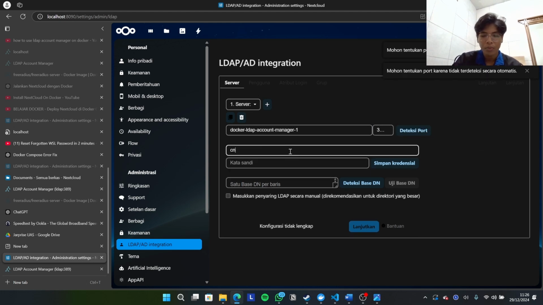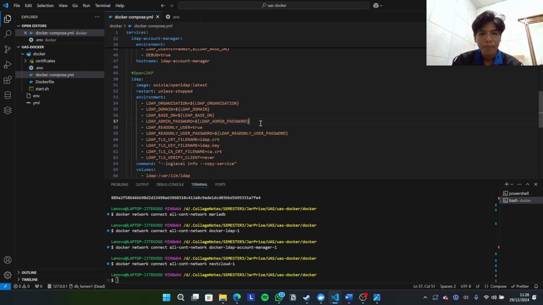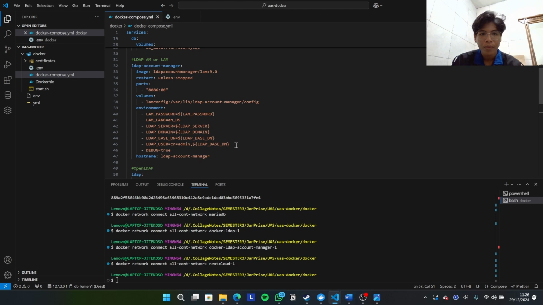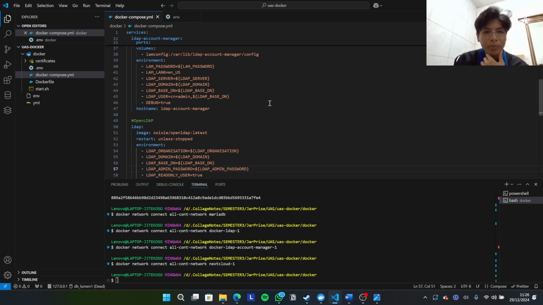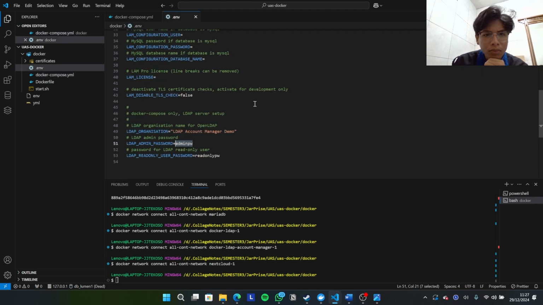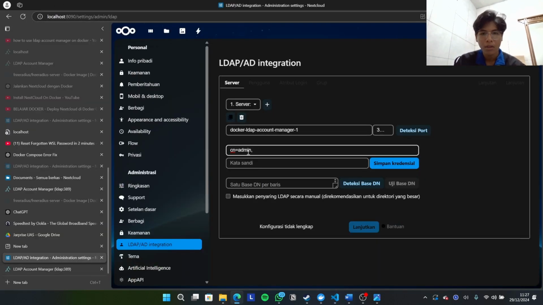Okay, then admin. Okay, you can copy here from the env file and enter the admin user.